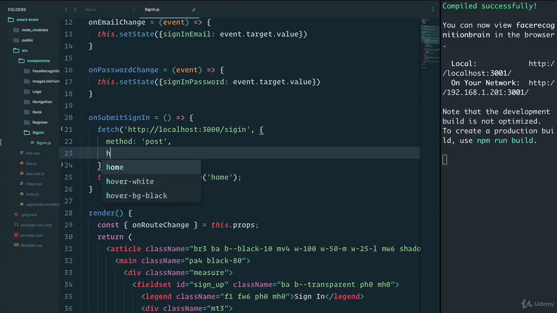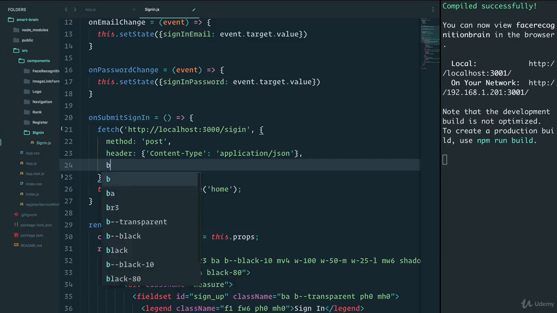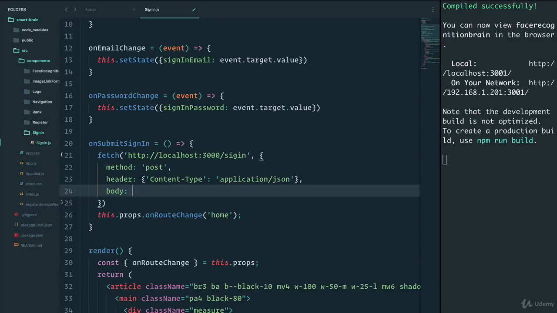It will have headers, and headers accepts an object. In our case, we want to say content type. And because it has this line here, we have to wrap it in quotes. And we'll say that it is application JSON. And now we will say that the body will contain what we have in the state. But remember, in order to send it to the backend, we can't just send a JavaScript object. We have to